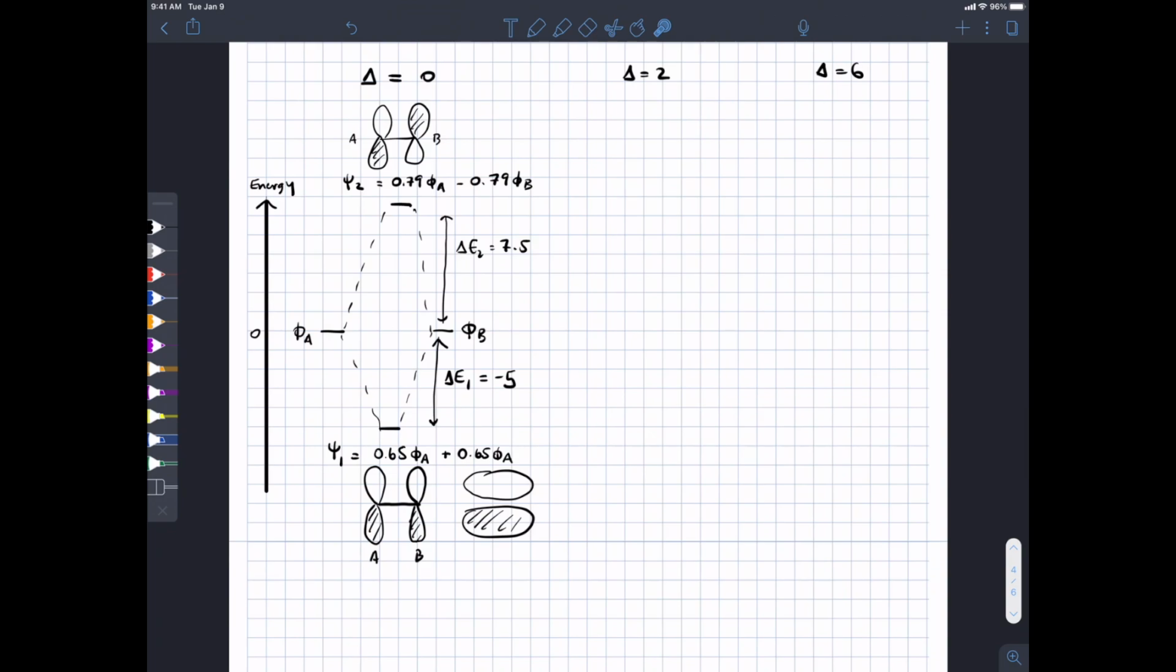Okay, so let's now, we're going to skip case 2. We're going to turn the dial up to 6 instead of 11. Here is phi A, still at 0, but this time we're going to put phi B, not just a couple, but 6 units down. So 1, 2, 3, 4, 5, 6. So here is phi B, lower in energy than phi A. Okay? So when we mix these two together,